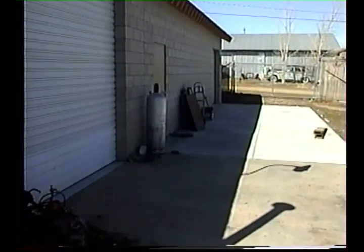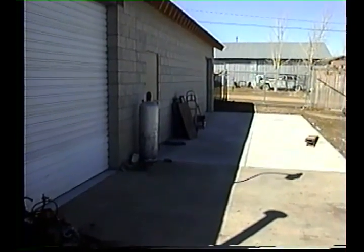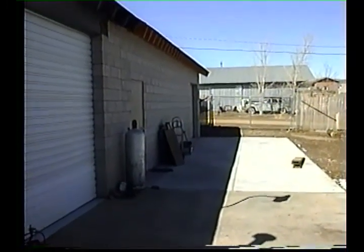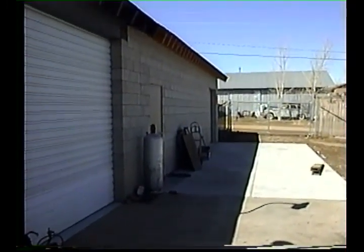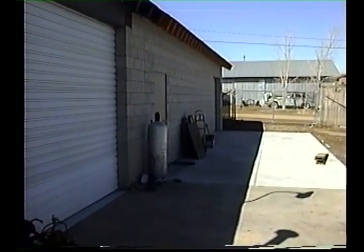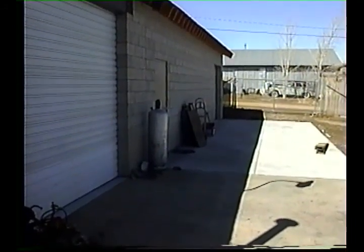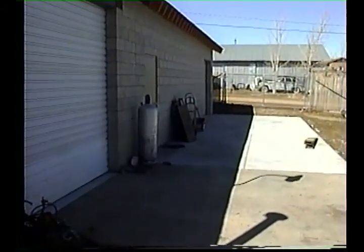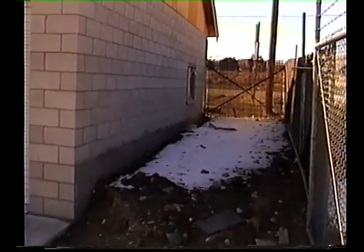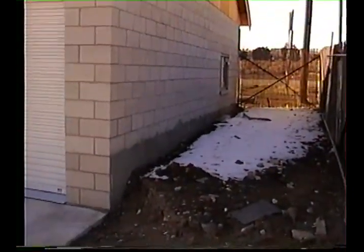This is the rear of our machine shop area. The new building, which is connected, of course, to the older shop, which we now use for our automotive machine shop. It's about out as far as we can go, since on the property line there's a 10-foot setback here, and this is the end of the new building. The roll-up door, and then we continue on with this pan to